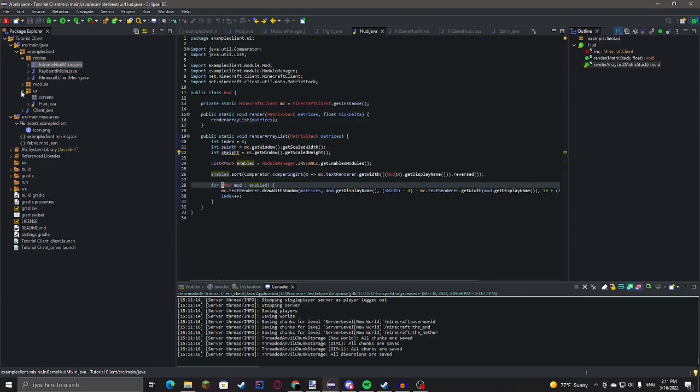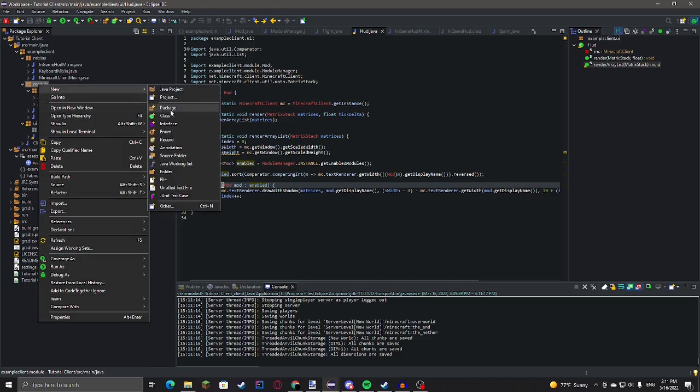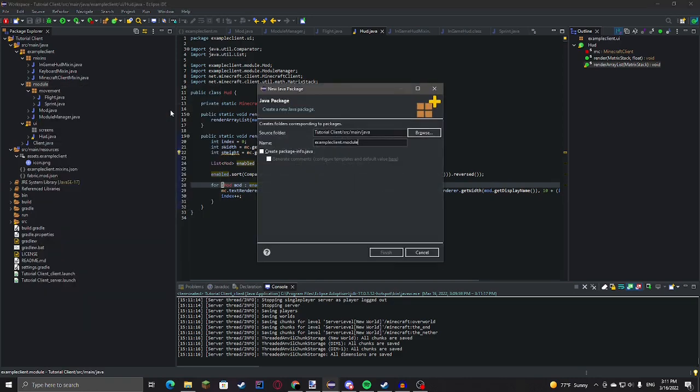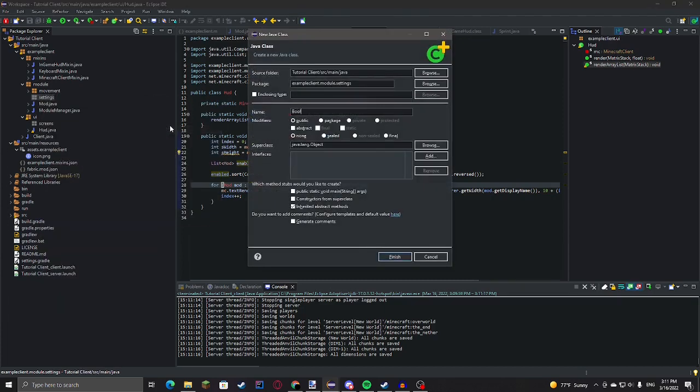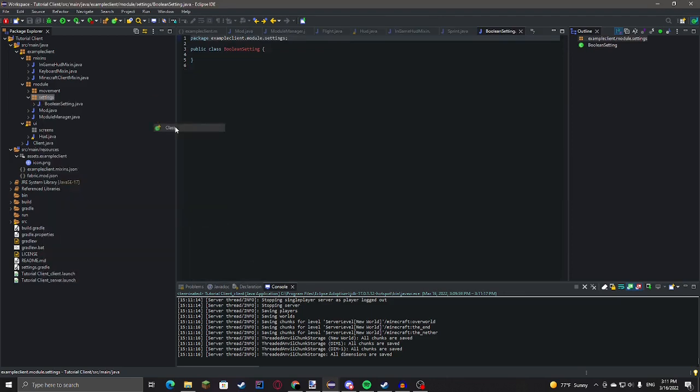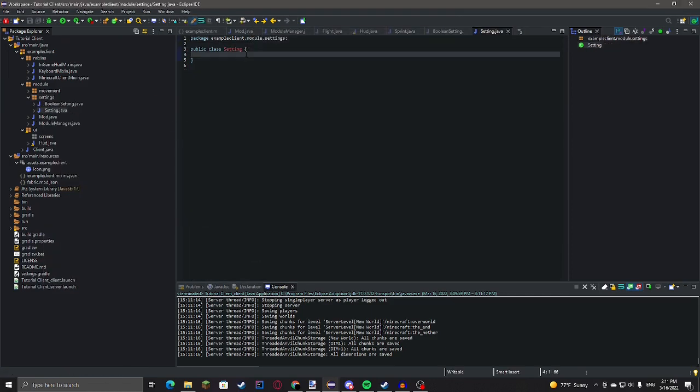We're going to make settings for the modules. So we're just going to make new package .settings, then do new class, we'll say boolean setting. Actually, I want to make a base class for it to extend off of.